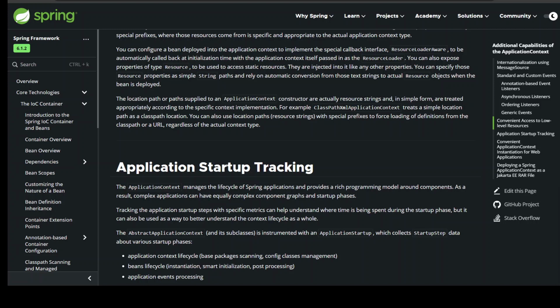The AbstractApplicationContext, and its subclasses, is instrumented with an ApplicationStartup, which collects startup step data about various startup phases. 1. Application context lifecycle: base packages scanning, config classes management. 2. Beans lifecycle: instantiation, smart initialization, post-processing. 3. Application events processing. Here is an example of instrumentation in the